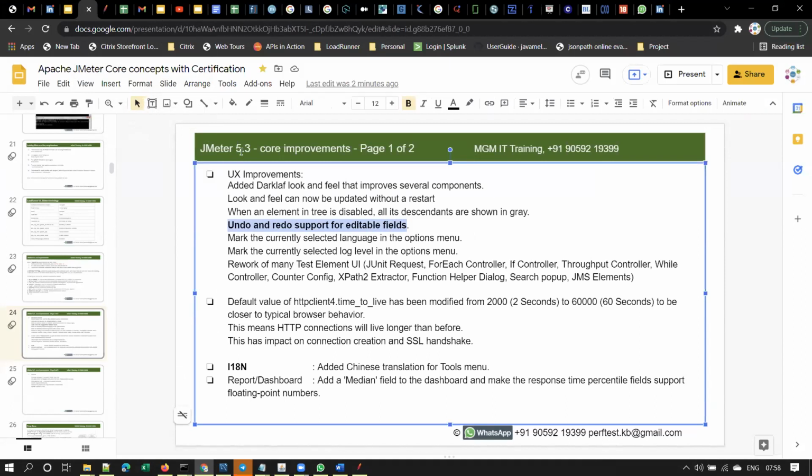It was introduced only in 5.3. And the next one is marking the currently selected language in the options menu.